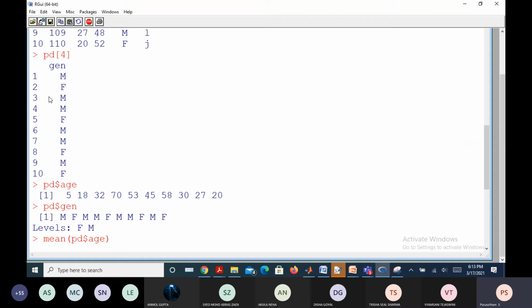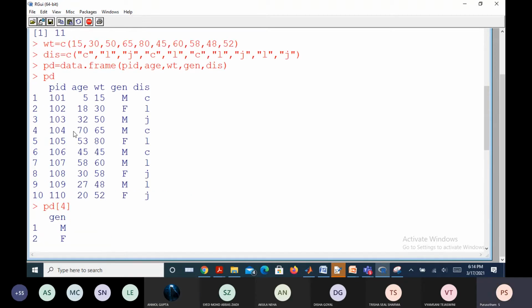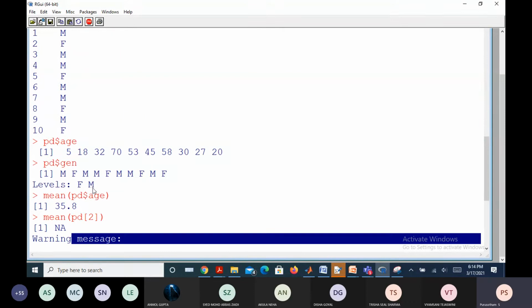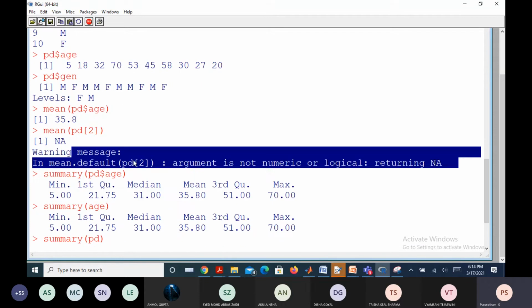Then what do we do? He designed only the way for this purpose, the whole tabular form. If you want a particular column, why go for PD4? Why can't you use the dollar symbol? That is the developer's strategy. Now we need to understand in what motto they developed it. We are trying to learn the language of this R program now. Yes, sir, a little scroll up, sir. How is R designed?